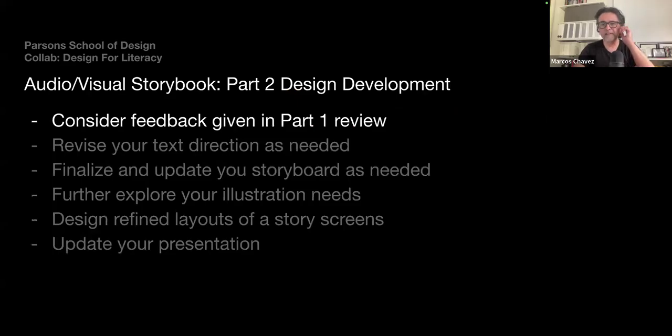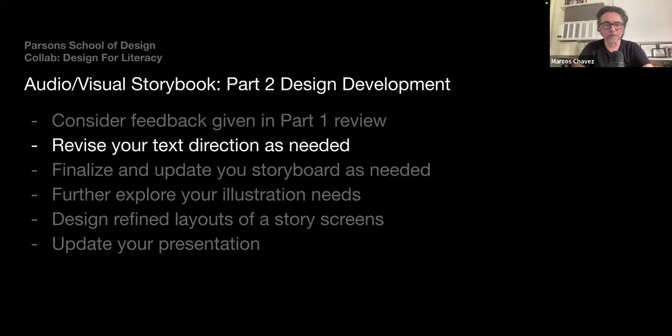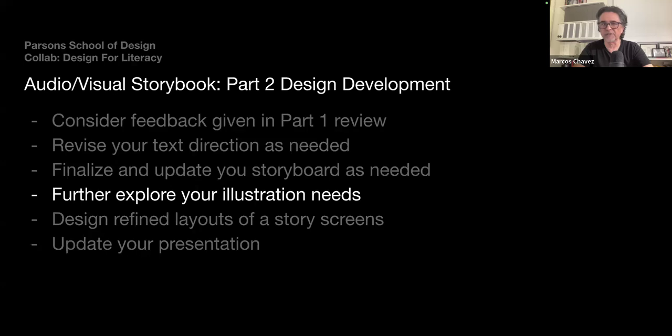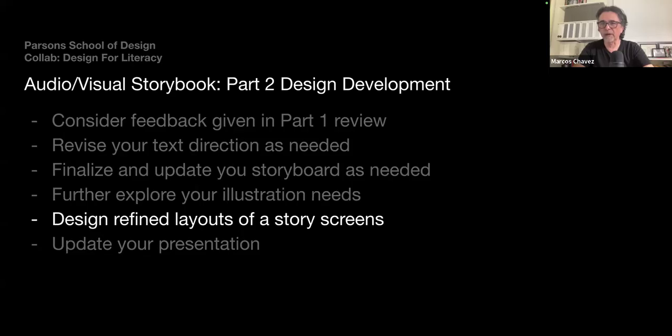So after our last session, you're just going to consider the feedback you got. Mostly it was just thumbs up, keep going, deal with your text if you have to still, get that finalized so it's ready to be narrated. Think about who your narrator is going to be and how you're going to do that, whether you're going to use AI or a friend or do it yourself. And then if you need to update your storyboard, get that just so you have everything nice and tight, and further explore any design illustration needs, and refine your layouts for how it's going to fit in the format and how you're going to go from a horizontal to a vertical, and then create an updated presentation, or yeah, loosely,